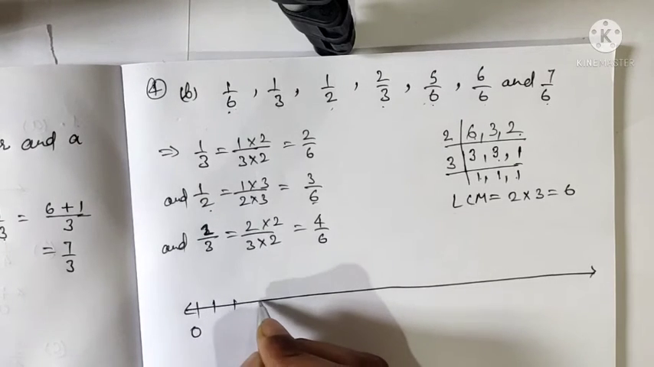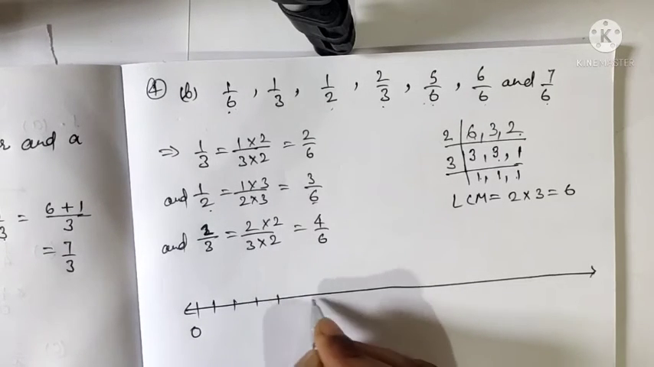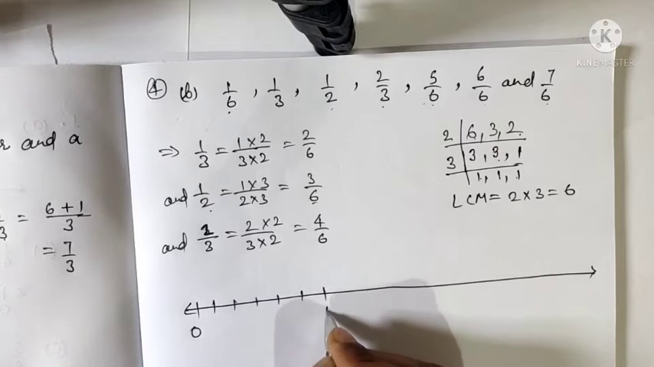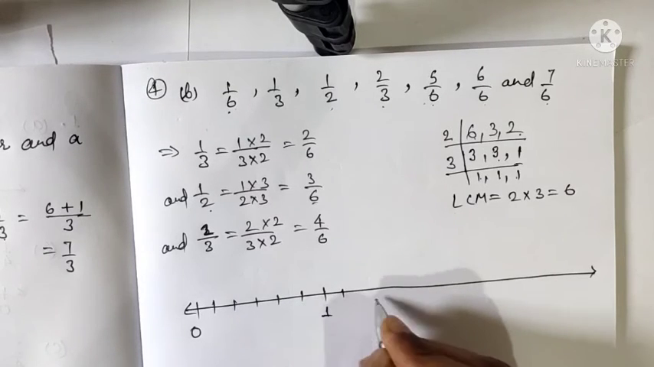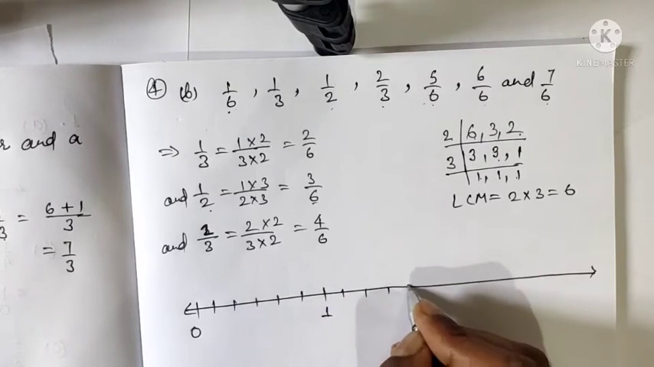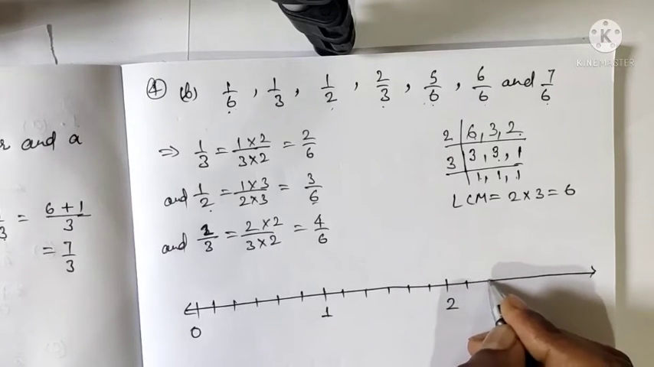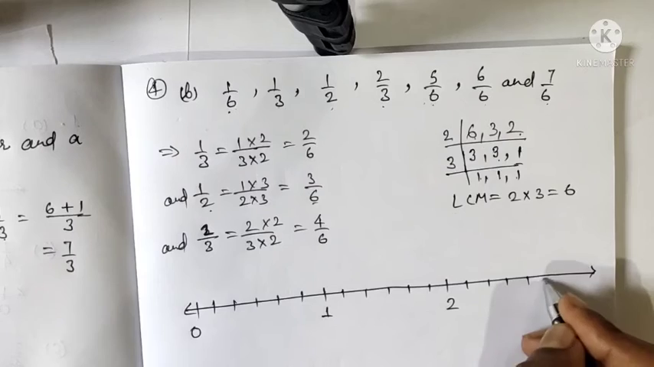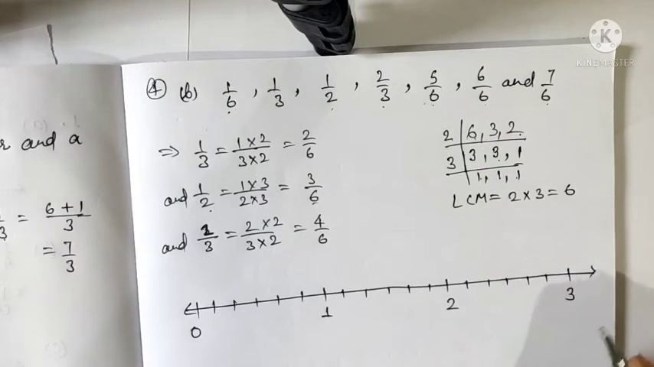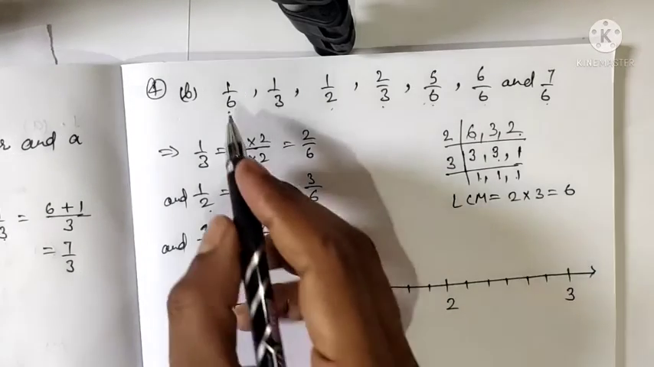1, 2, 3, 4, 5, 6, and then mark 1, and again 1, 2, 3, 4, 5, 6, and then mark 2, again 1, 2, 3, 4, 5, 6, and then mark 3. Now 1 by 6 will be this point,